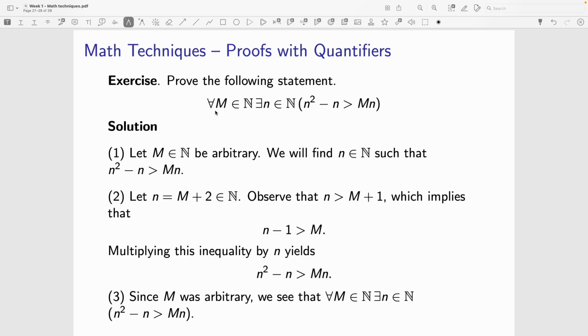Since we have for all m, that means we can't make any assumptions about m. Our proof has to work for any given natural number. But since we say for all m there exists an n, we can define n in terms of m because